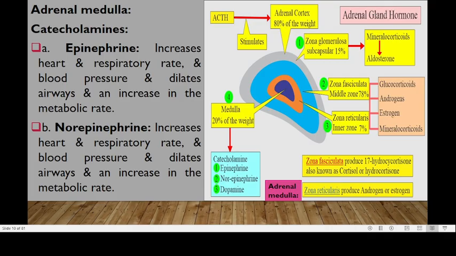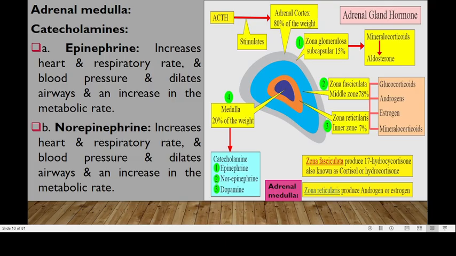Remember, if you compare the cortex and the medulla, the cortex makes up 80% of the weight of the adrenal gland, while the medulla only 20% of the weight. And the adrenal medulla is mainly responsible for production of catecholamines. Catecholamines include